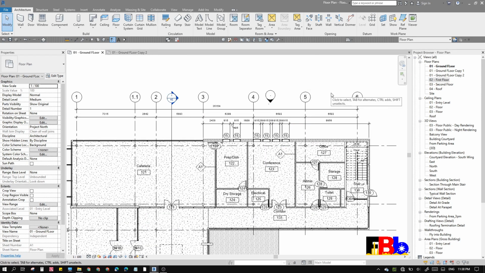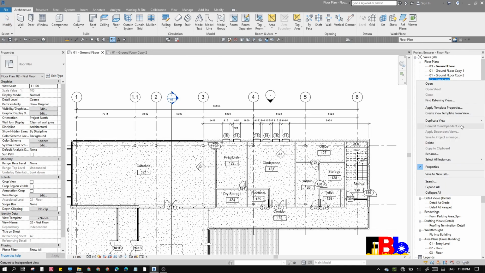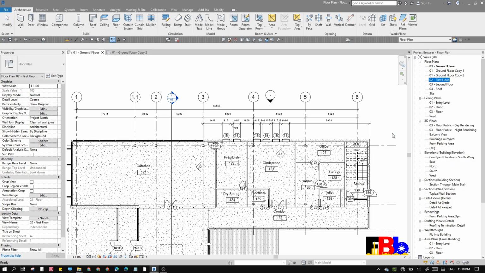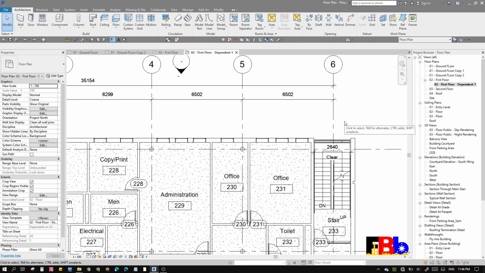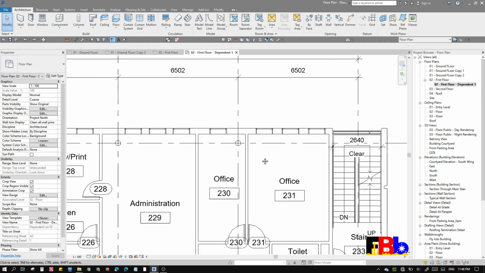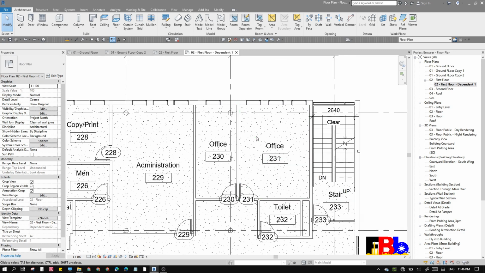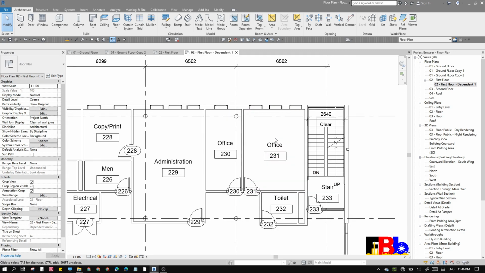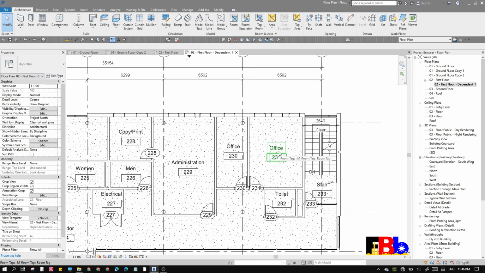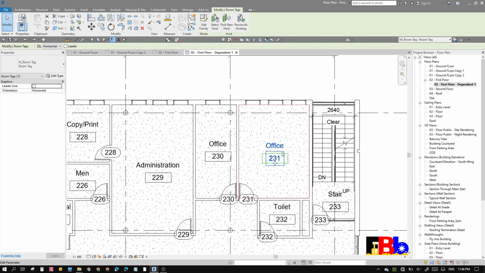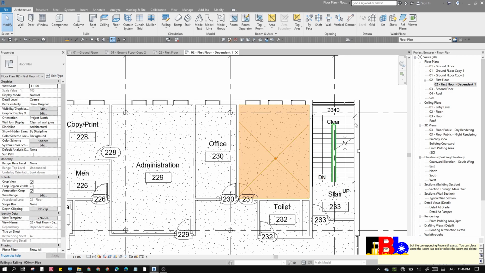Now let's go to the third one. Using the first floor, go to the duplicate and duplicate as dependent. What it does is it creates a view under the first floor view, and you notice that all annotations, tags, dimensions are duplicated from the original view. Now, one important thing here is if you try to delete some annotations, for example this one, and if you go back to the original view,